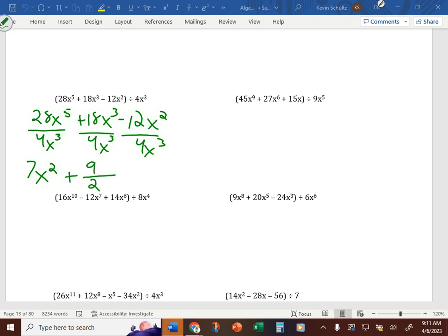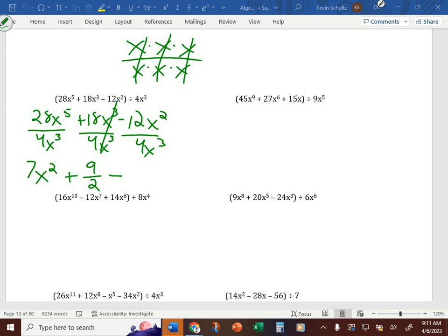And what about the x's? How many and where are they? Just one up top. It's just that, because they all cancel. We don't have any x's left, right? Anything divided by itself equals 1. X cubed divided by x cubed, or 3 pairs of x's all divided by themselves, they all cancel out. We're left with 1. Don't put an x there, because that would mean you've got 1 x left. You don't. They're all gone. Okay? So it would just be 9 over 2. Right? They cancel out. And the last one,